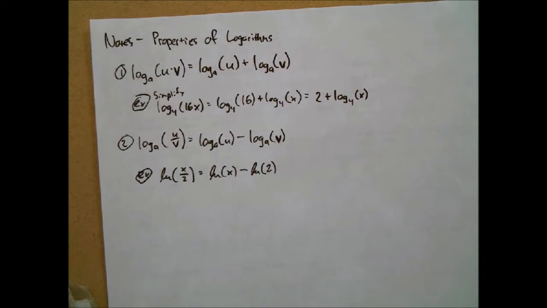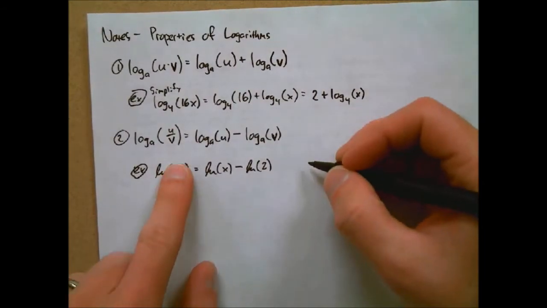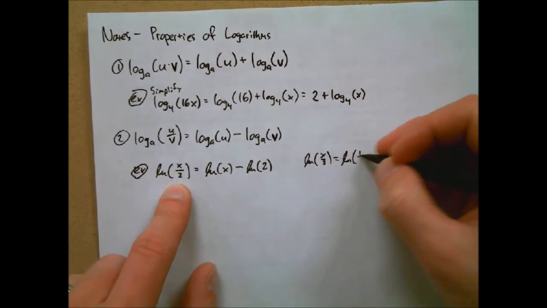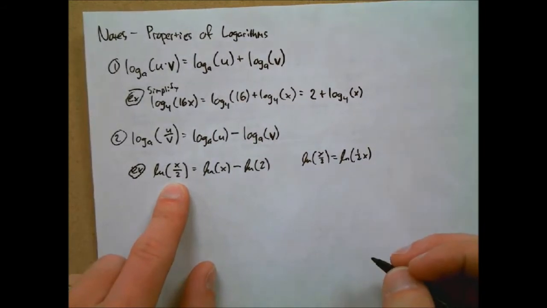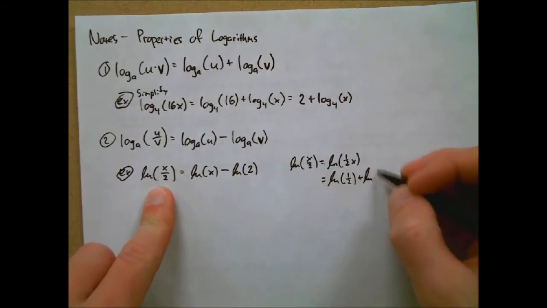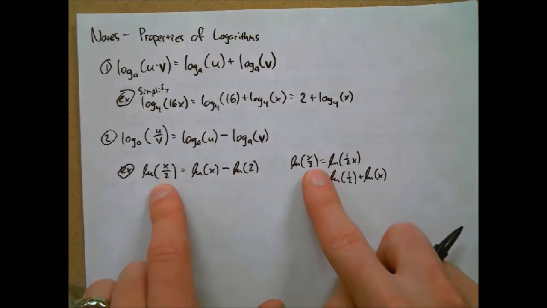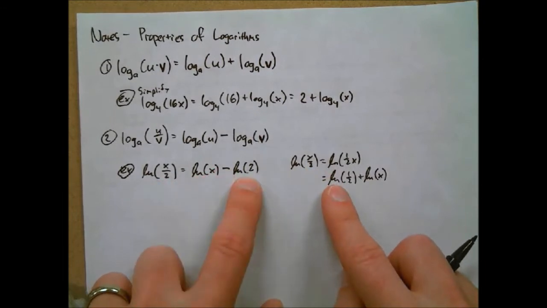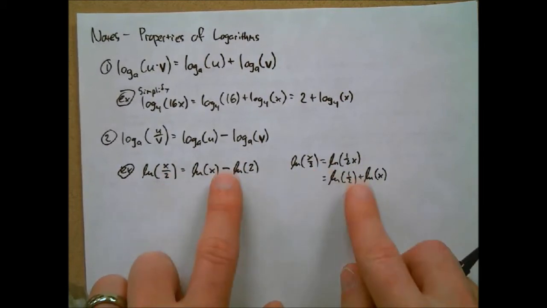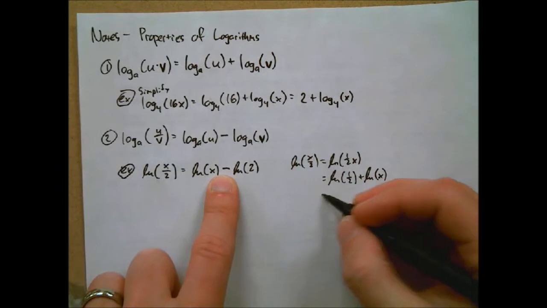Now, we can do some other stuff here too. For this natural log of x over 2, maybe you don't want to think of that as x divided by 2. We could also think of that as natural log of 1/2 x. Is it not the same thing? X divided by 2 is the same thing as 1/2 times x. Then we could use the other property. So you can look here and think, wait a minute. We start with the same thing. Here we end up with natural log of x minus natural log 2. And here we end up with natural log of 1/2 plus the natural log of x. But if we started with the same thing, these two should still be equal, right? But 1/2 is really 2 to the what power? Negative 1. And so we could say this,